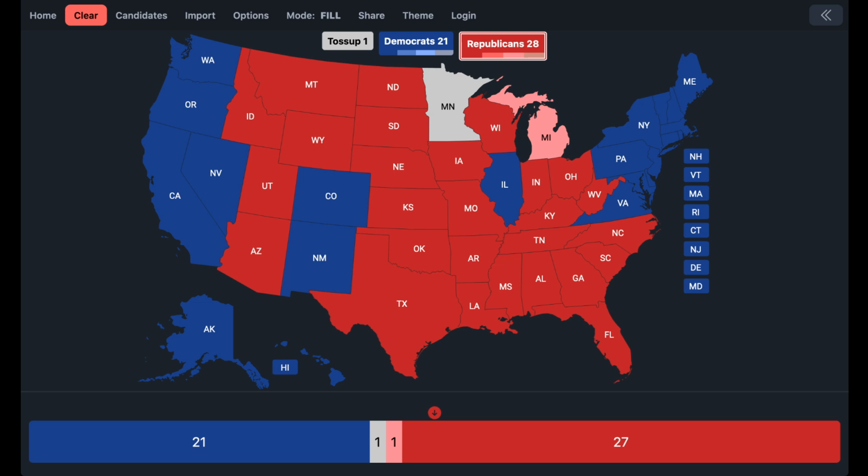And also could get worse if they somehow defeat Jared Golden, which I doubt because I just think he's a pretty strong Democrat electorally, or they flip a seat in New Hampshire, they could cause a tied delegation in both these states, making it worse for Democrats. But currently, I'm going to just revert it back to the current map.